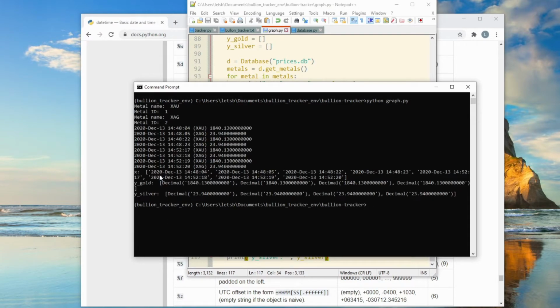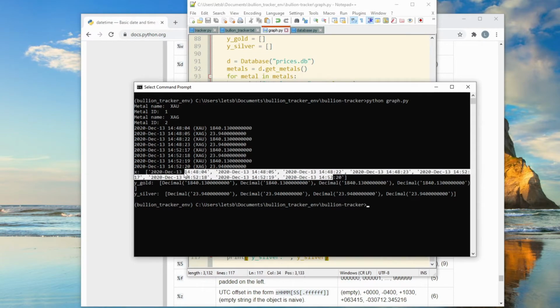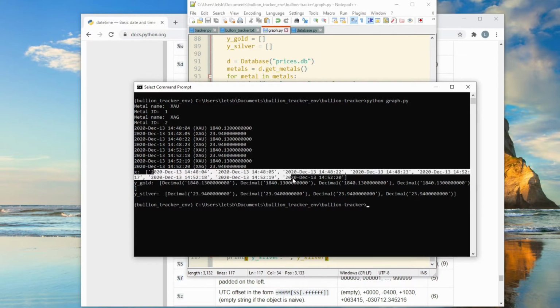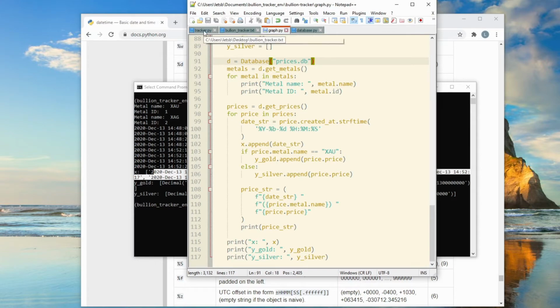Okay, so for the x-axis we have this date, this date, this date. So 144804, 144805, 22, 23. Okay, so the x looks okay. For y_gold, we have decimal. I think it's fine to pass in decimal, but I am concerned that the x-axis has basically double the number of data points, and gold and silver only have 4 each. And the reason for this is, if we look at the tracker.py file,